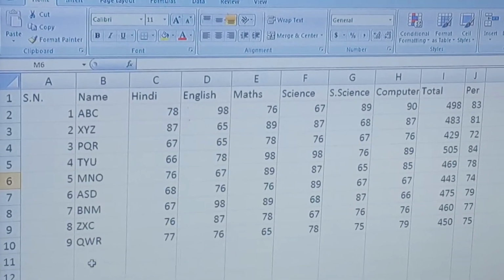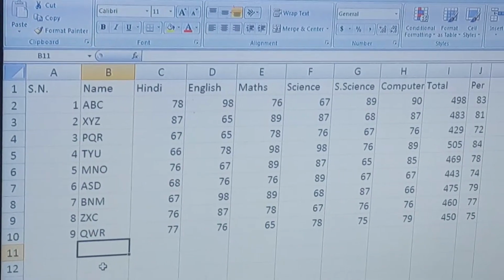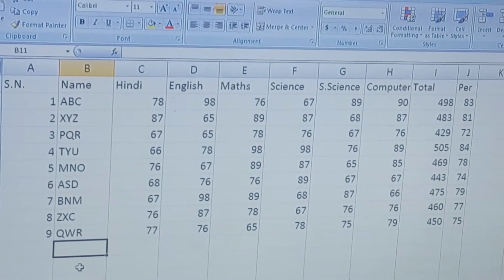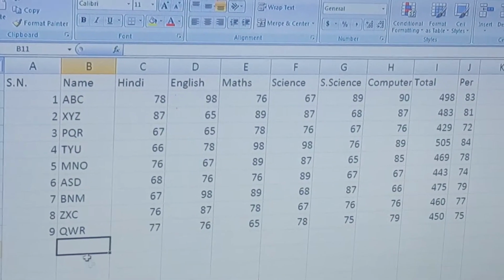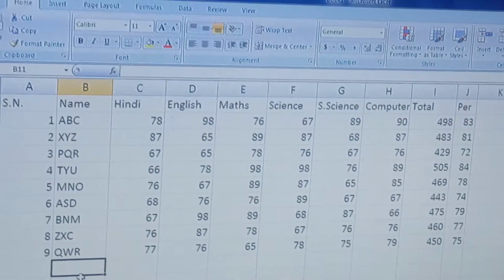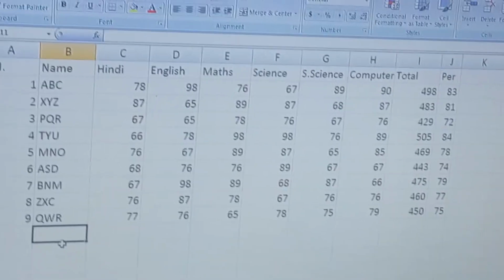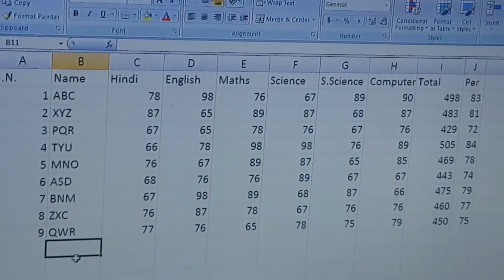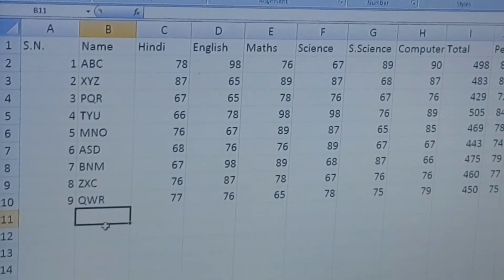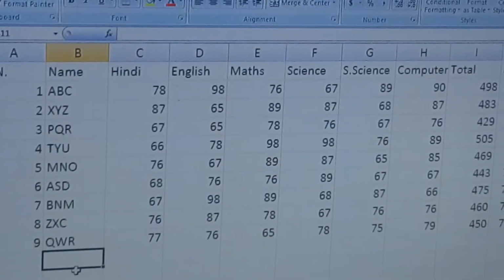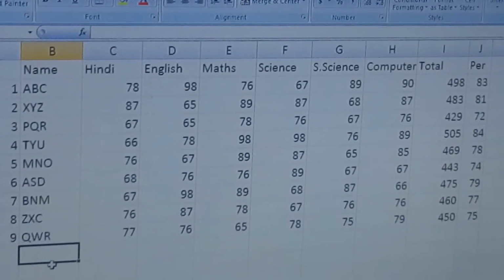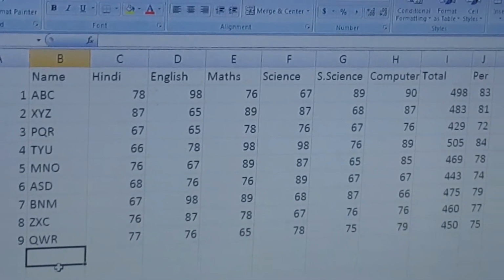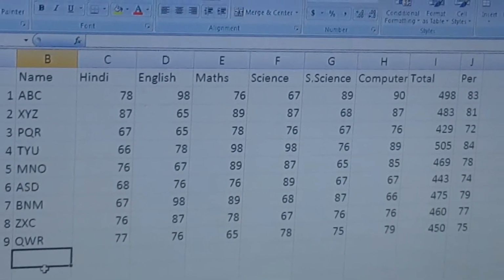Now, one thing about a chart: what is a chart? A chart is just a pictorial representation of data. Suppose the data is too large to see or handle, then it is very difficult to take decisions on the basis of that record. Suppose you have 1000 records or 100 records and you have to take decisions about different subject marks or any particular thing, then it may cause a problem, and you cannot take decisions properly.